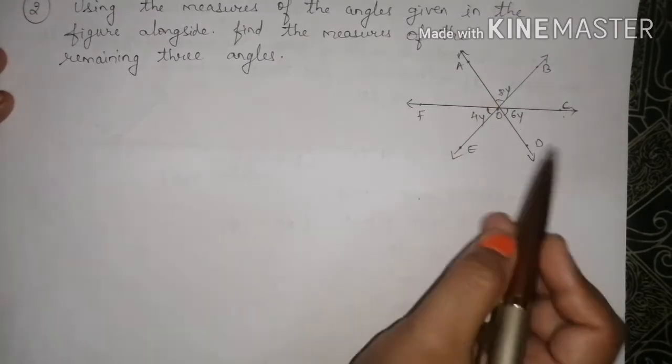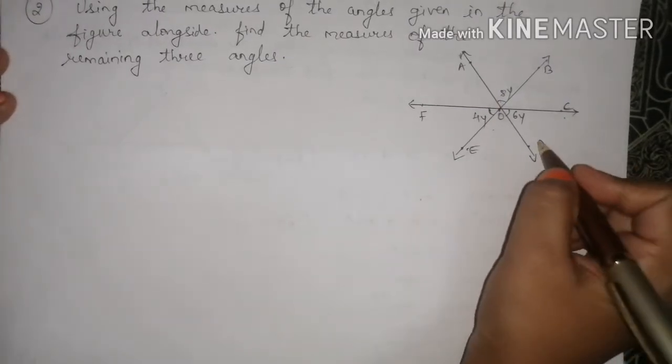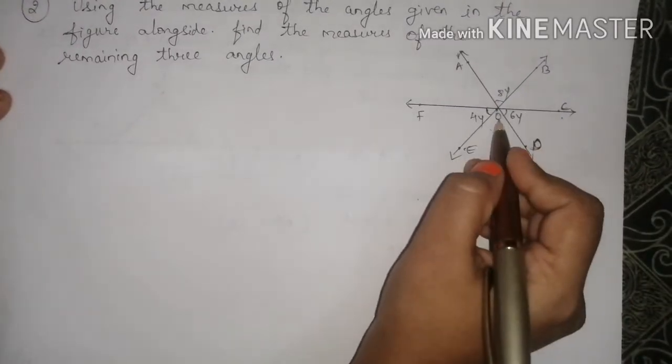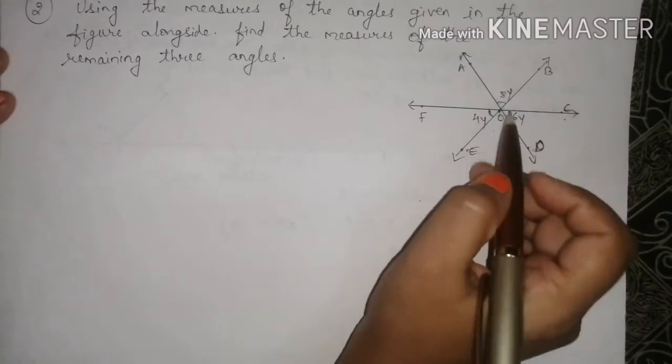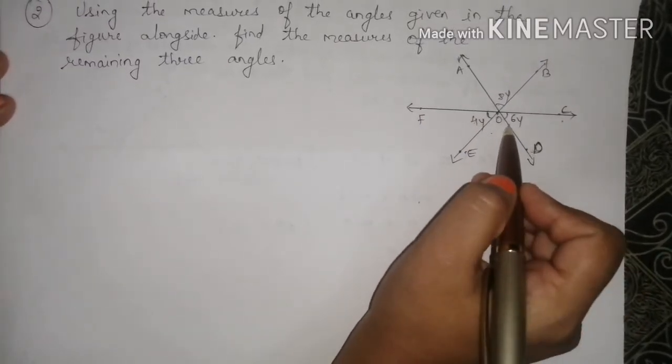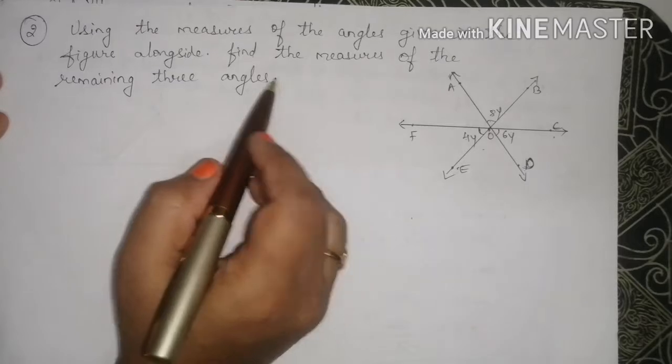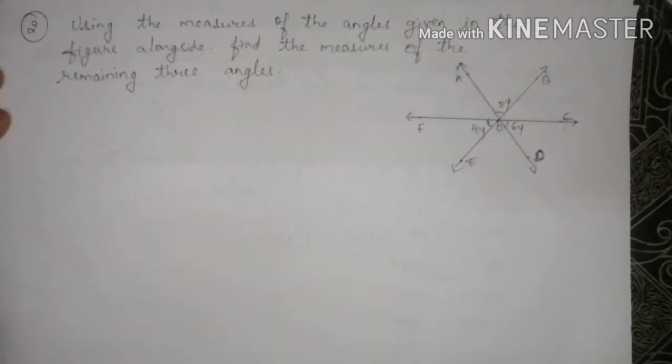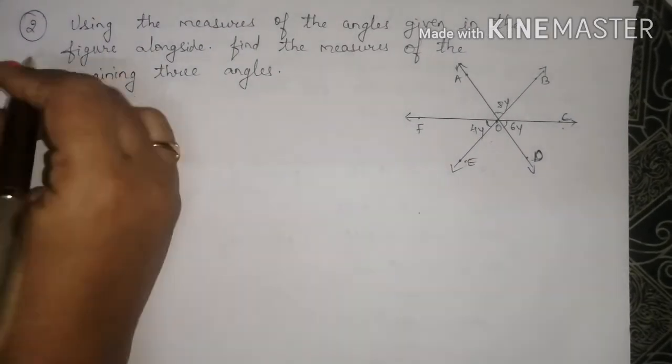AOB, they have given me 8y. EOD, they have not given. FOE, they have given me 4y. COD, they have given me 6y. Now, let me find out the measures of these remaining 3 angles. First of all,